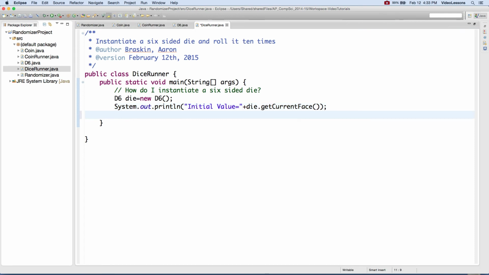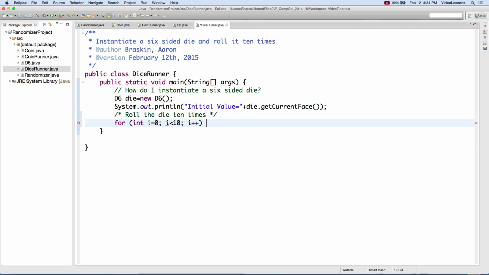Now I'm going to roll the die 10 times. Okay, so I'm going to do that with a for loop. Okay, and now I'm going to say within the loop, each time I'm going to randomize the die, and then I'm going to